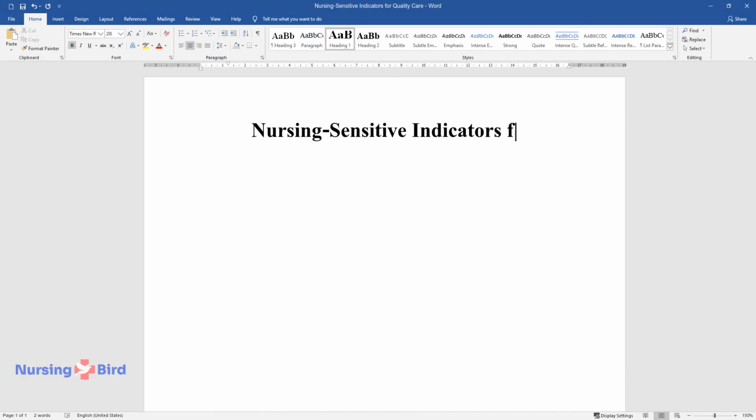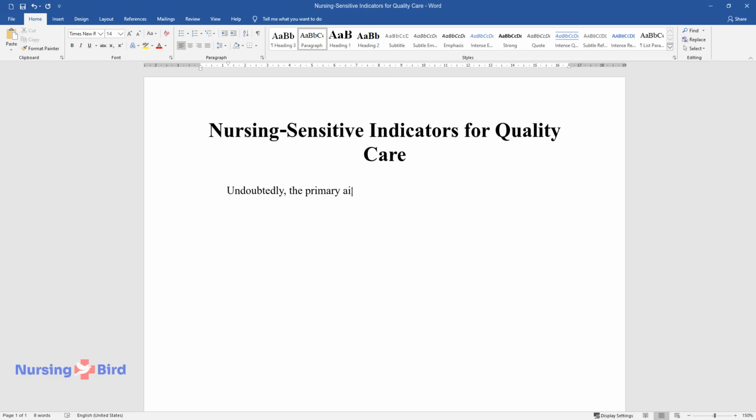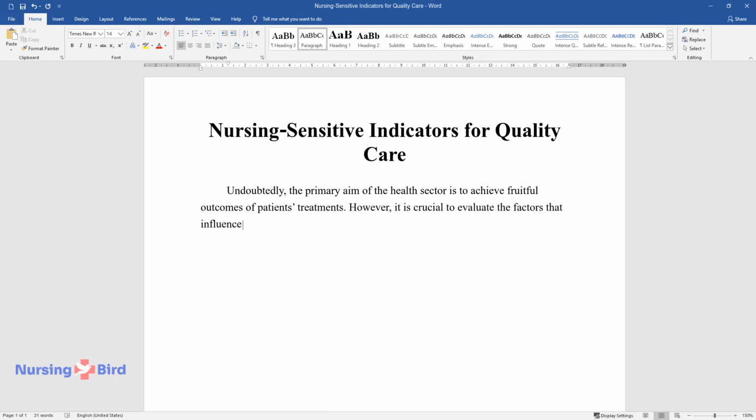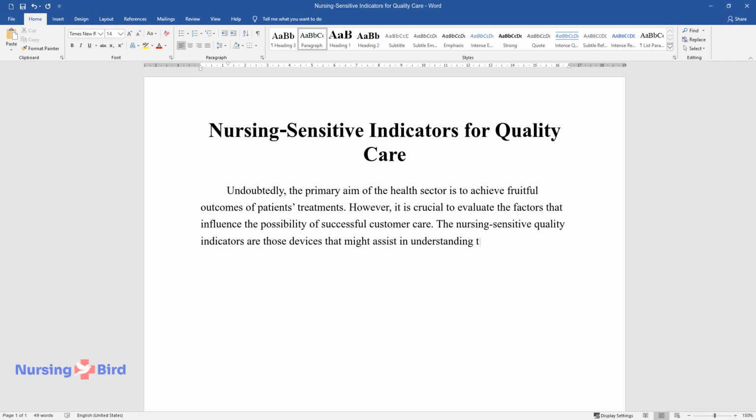Nursing-sensitive indicators for quality care. Undoubtedly, the primary aim of the health sector is to achieve fruitful outcomes of patients' treatments. However, it is crucial to evaluate the factors that influence the possibility of successful customer care. The nursing-sensitive quality indicators are those devices that might assist in understanding the strong relationship between staff levels and excellent